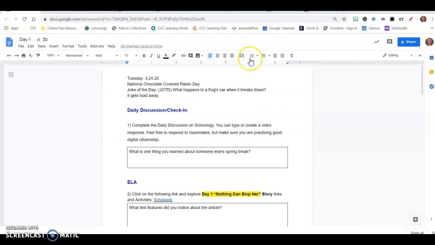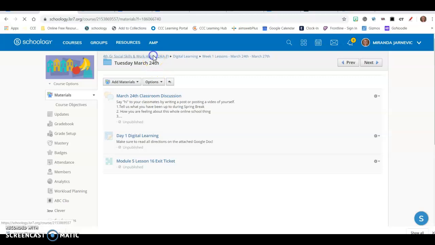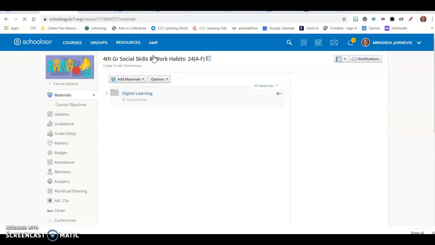On their screen, their doc will look a little bit different than mine. And up here in the corner, they should have a button that says submit. If they can just make sure that they submit their assignment each day, so I know that they have logged in. If we go back to where they logged in originally,